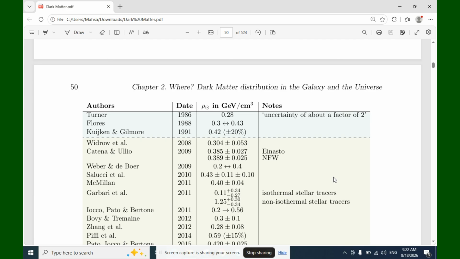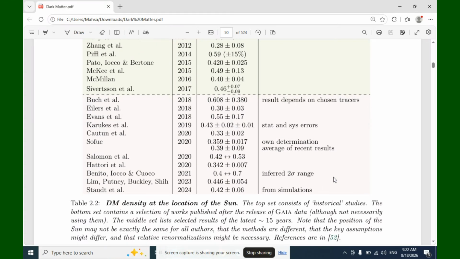So you're seeing the first category, with an uncertainty of about a factor of 2, between 1986 and 1991. Another is Einasto, Navarro-Frenk-White, and also isothermal and non-isothermal stellar tracers, between 2008 and 2017. The results depend on the chosen tracers, stage, and systematic errors on determinations. The average of recent results, with a 2 sigma range from simulations, is between 2018